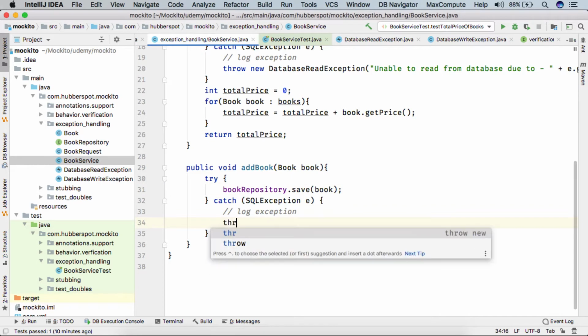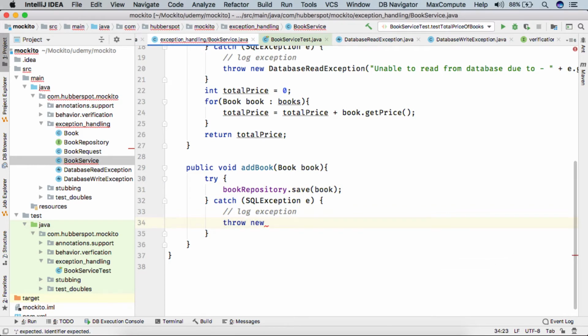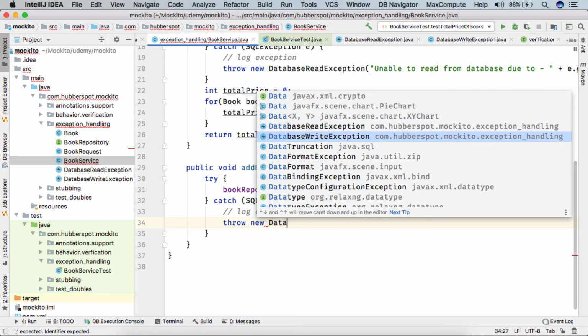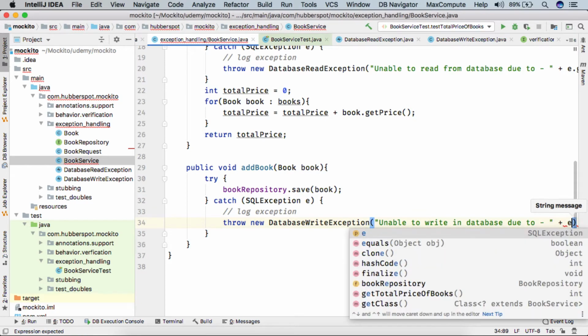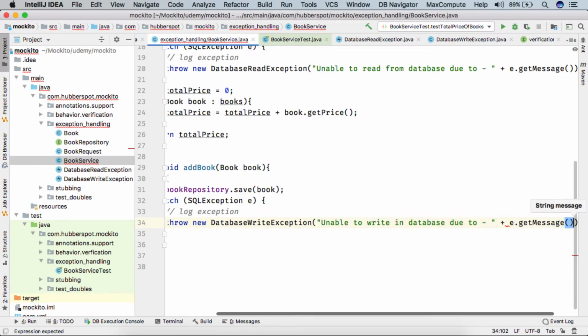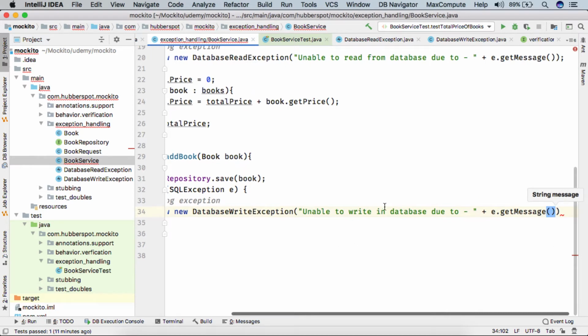So here we throw new database write exception, and we give a message as unable to write in database due to, and we provide the message which we got from the SQL exception.